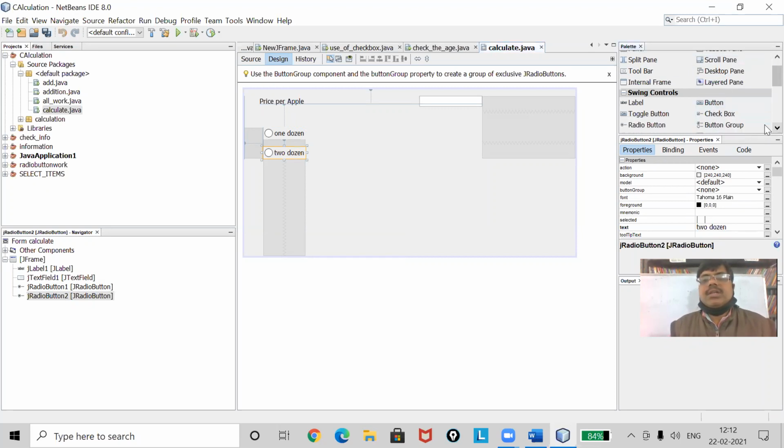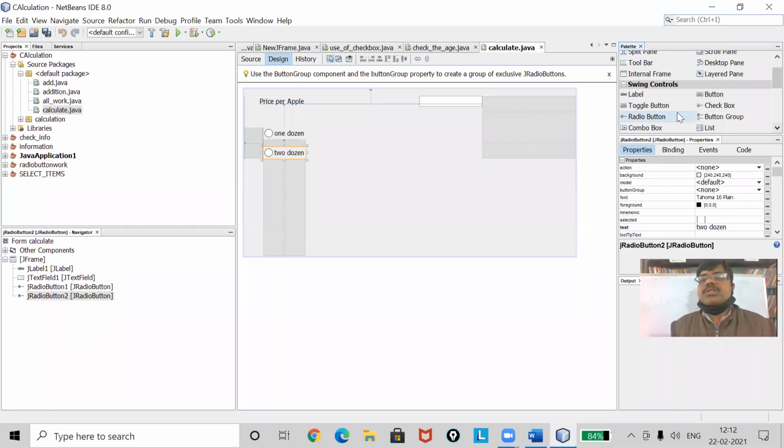Now the next one, again I'm going to have the label box.